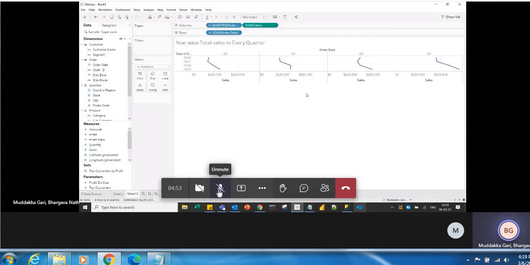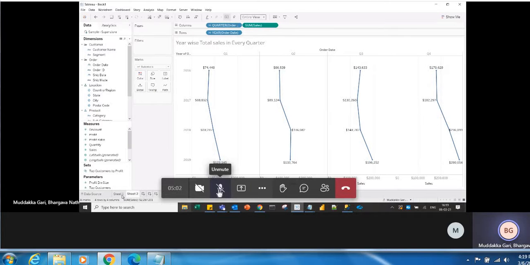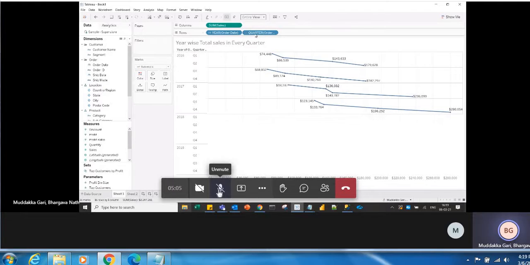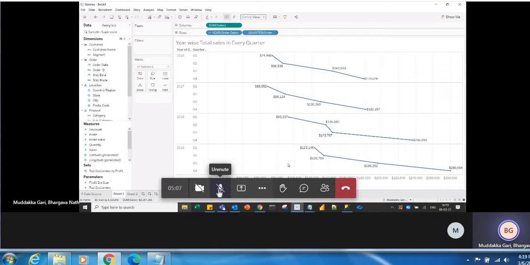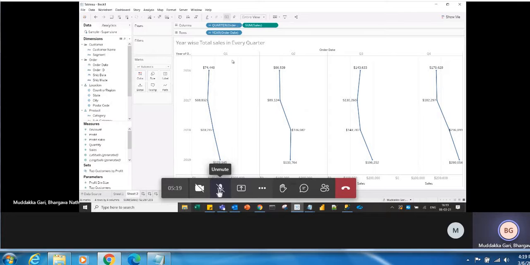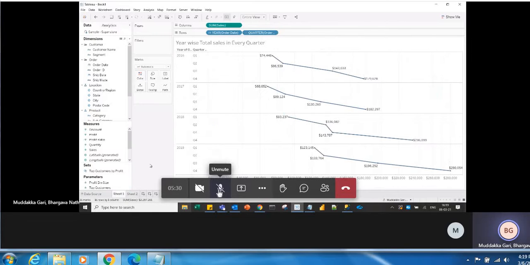Now if you see, this is the visualization. Let me take the entire view here, and here also. So you can observe the difference between the two visualizations. This first one is the nested table, right? The same task we are doing using small multiple dimensions. Here, the quarters are showing at the top and the years are showing at the y-axis, correct? But here the year and quarter both are showing in the y-axis.